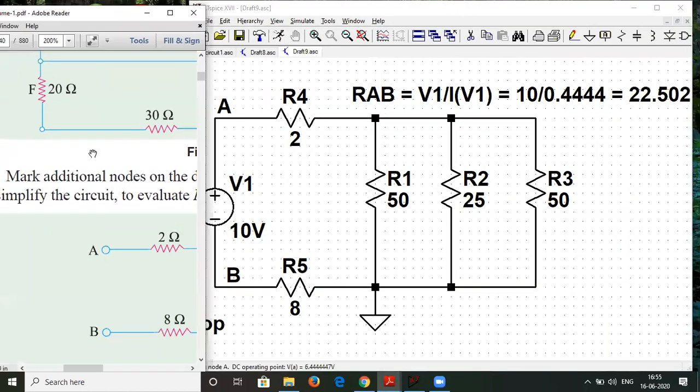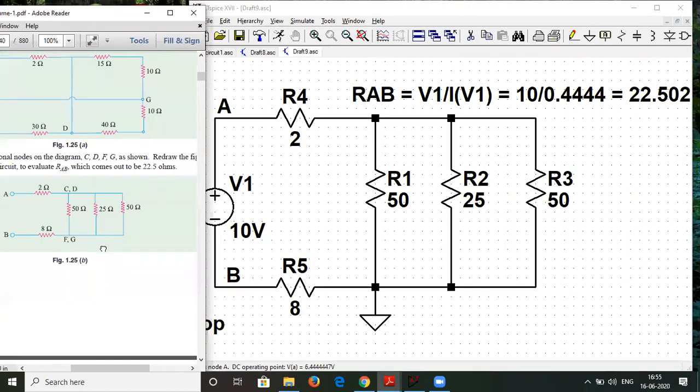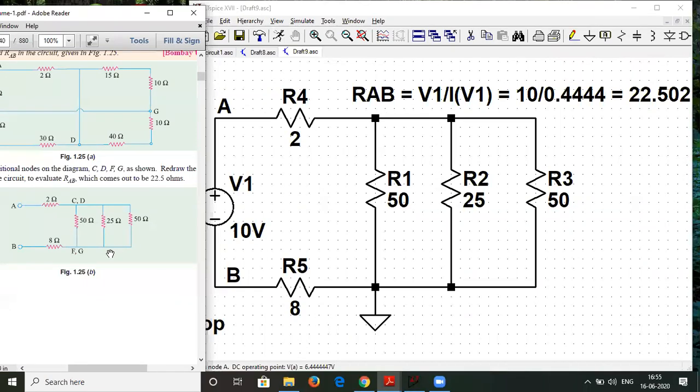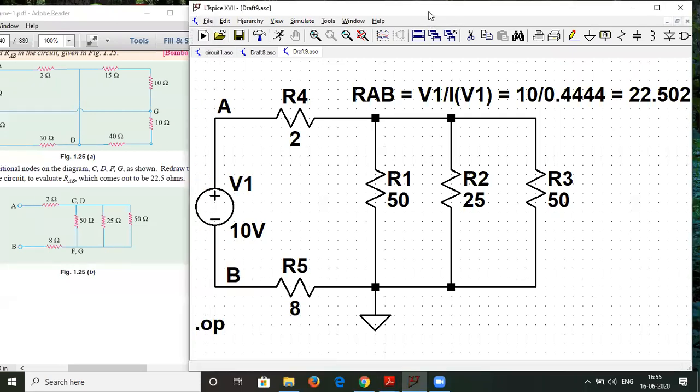I hope that with this example you all have understood that for any complex equivalent resistive network, you can find it like this. It will be very useful when you are doing Thevenin's and Norton's theorem sums. So is there any doubt related to this question? No, sir. Can you explain that RAB calculation again?